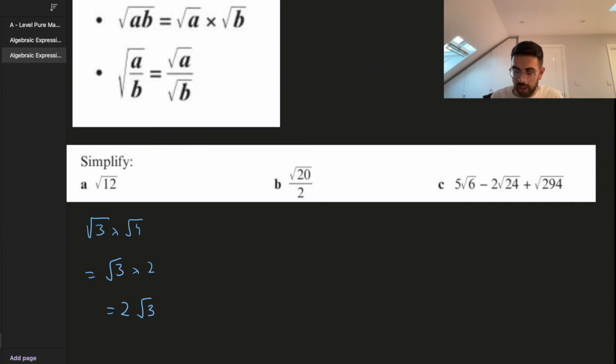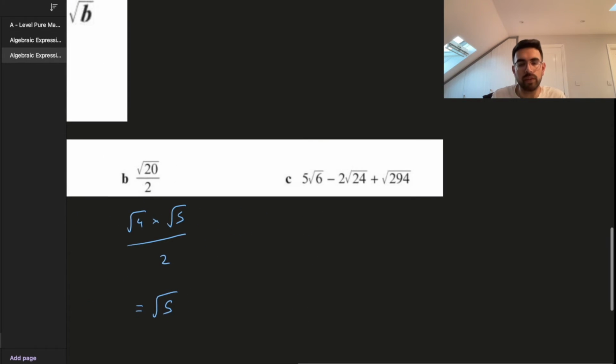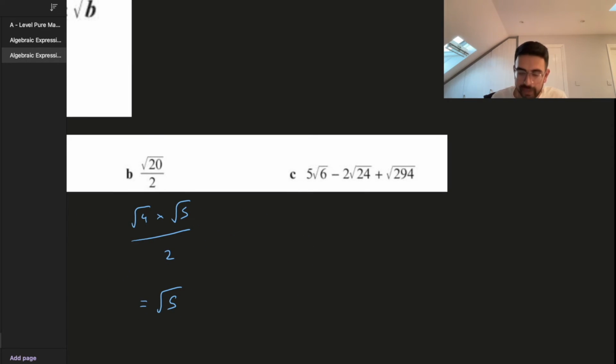So with root 20, I know that this is essentially composed of root 4 and 5. And I know that this will essentially just be root 5 as of root 4, and the 2 will cancel each other out. If we move on to part C,